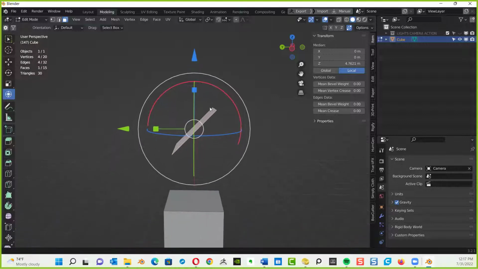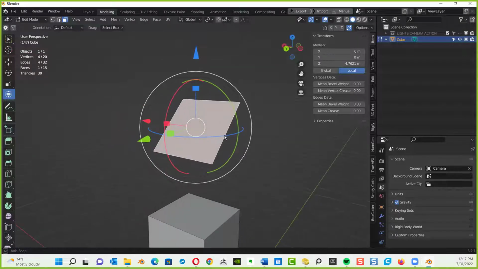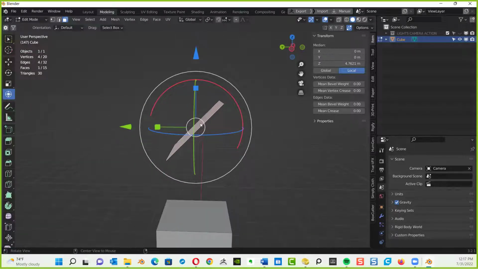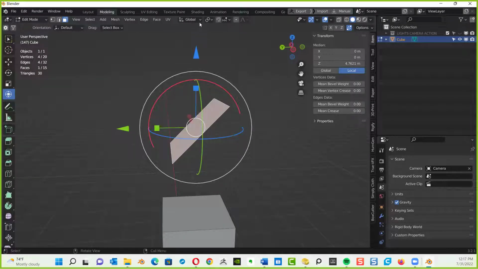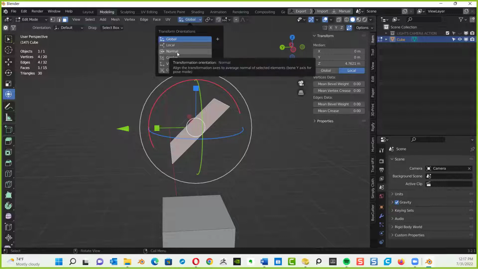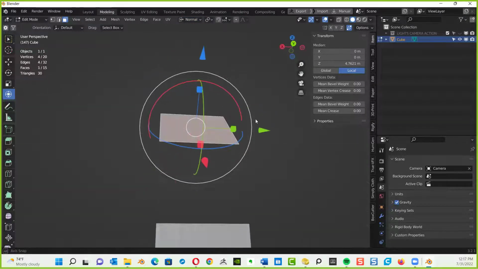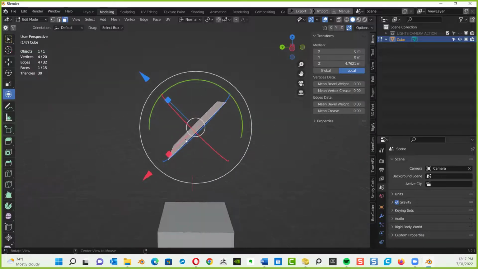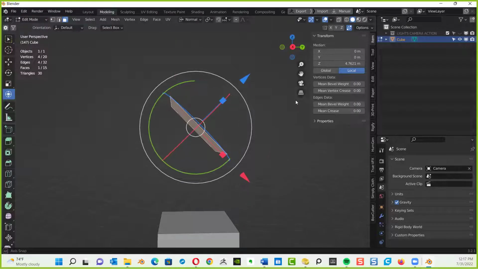Now, I don't want global and local. I want to be able to rotate this based on the face normal of this particular object. So I'm thinking, okay, that's a little inconvenient for me to visualize how I want to move this. But if I go over here to normal, watch what happens. Boom, look. It reset the widget to the normals of the front face of my polygon. The normals is a line that's perpendicular to the viewable face of your polygon.